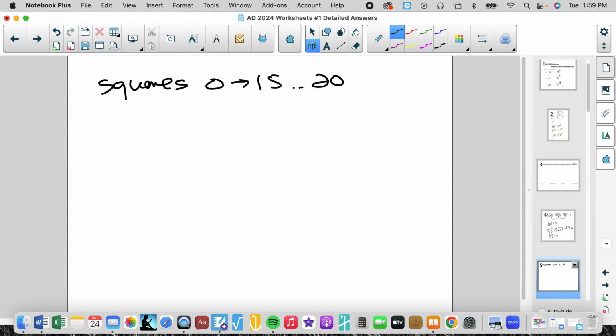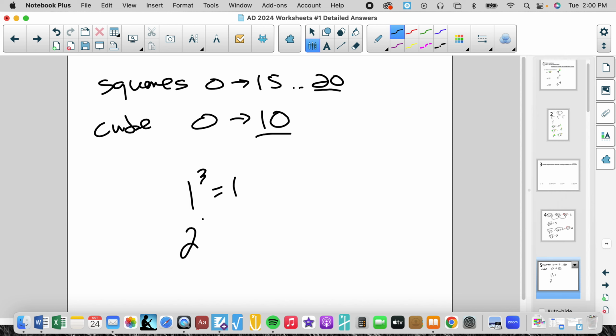Maybe even 20 would be good. And the cubes of 0 to, I don't know, 10, somewhat reasonable. I guess that's your extreme. These are your extremes. You should know the first couple of cubes. So you should know what 1 cubed is, 2 cubed is,